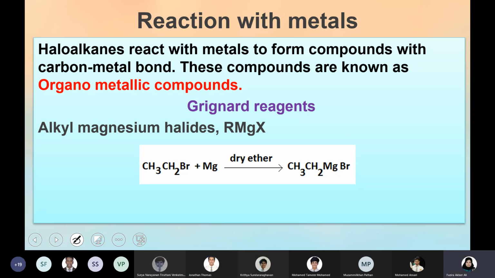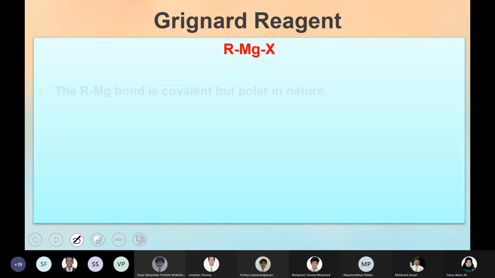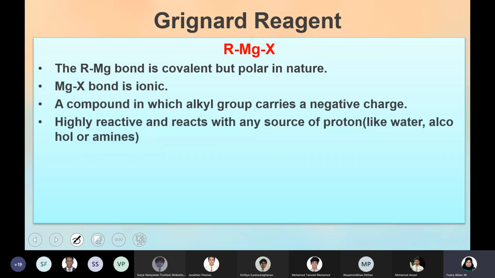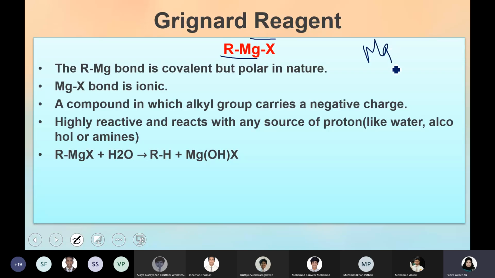So let's discuss a few more important points of Grignard reagent. In RMgX, you can see there are two types of bonding. The first bonding is between R and Mg, that is your carbon chain and magnesium. And the second bonding is between the metal and halogen. So normally in MgCl2, or whatever the normal compound, it will be ionic bonding. The same thing happens with a metal and a non-metal, the bonding between them is ionic.